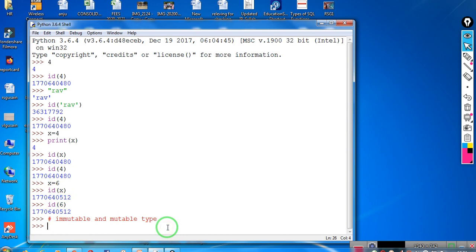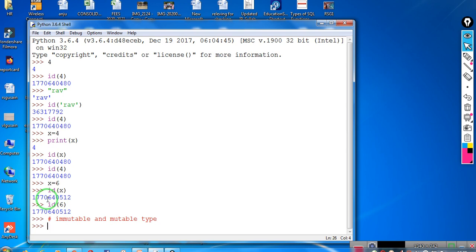So the difference between mutable and immutable types is that mutable means that in the same memory address new values can be stored as and when you want. That means you can go to that particular memory location and you can change the value. The types that do not support this property are known as immutable types. So immutable data types are those that can never change their value in place. In place means in the same memory location, so in place means modifying the same value in the same memory location.